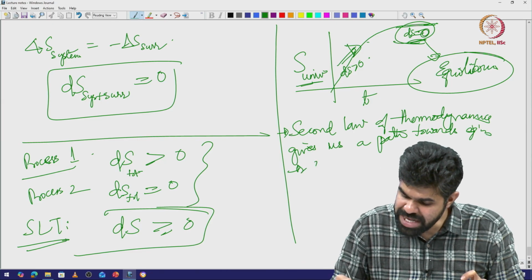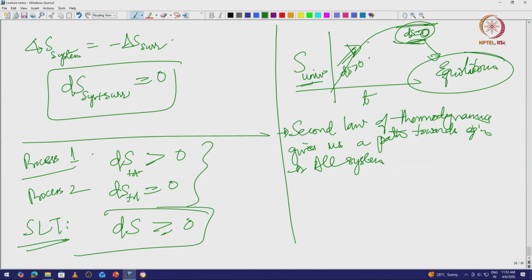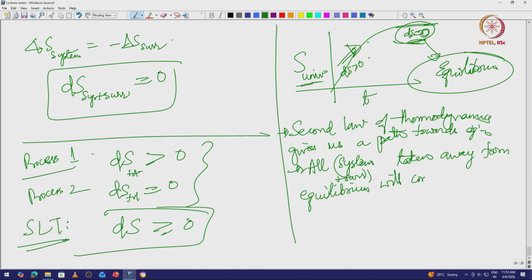right, and all systems, I said you take the system away from equilibrium, again I should be very careful here, this is all systems, and by system I mean system plus surrounding, taken away from equilibrium will come to equilibrium by generating entropy,